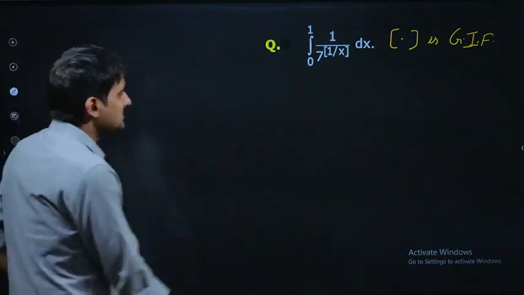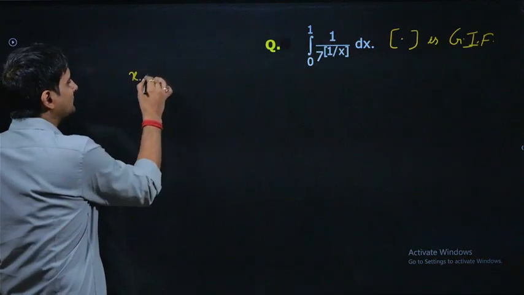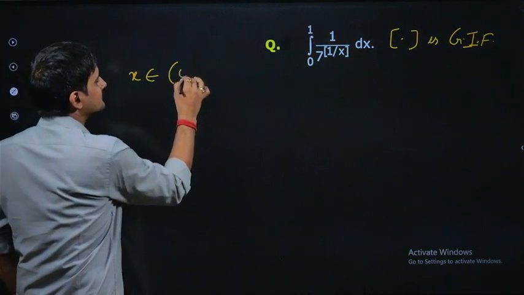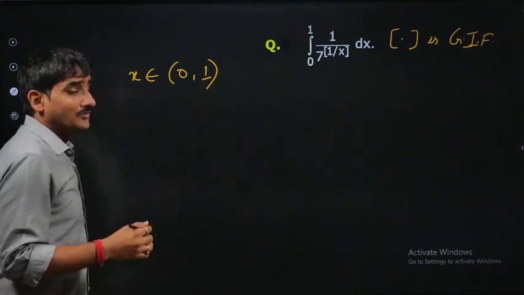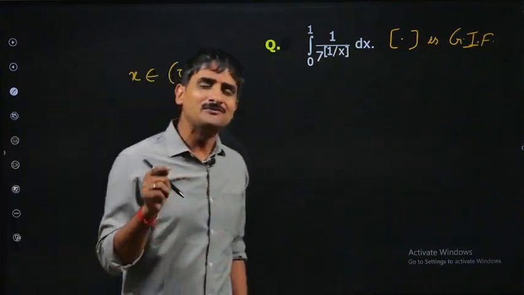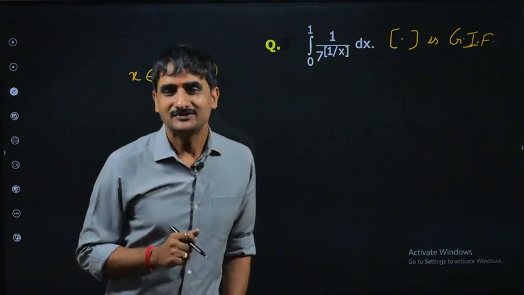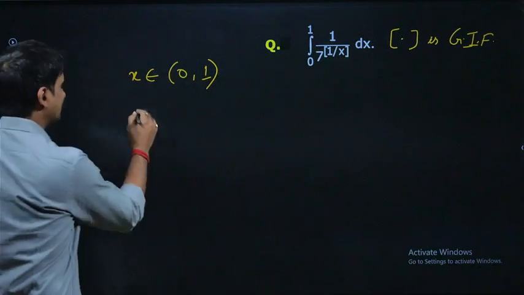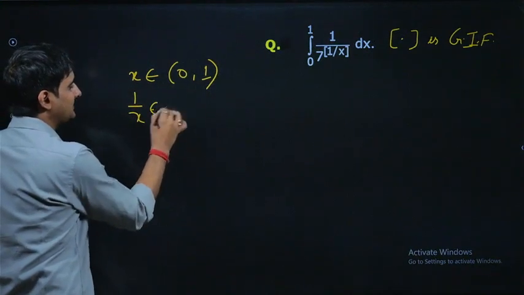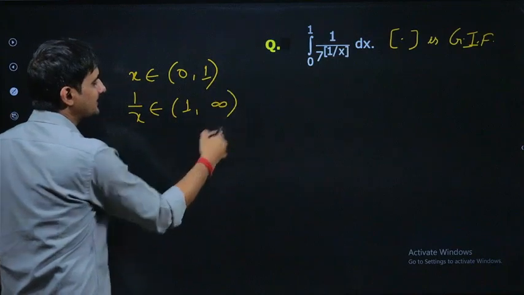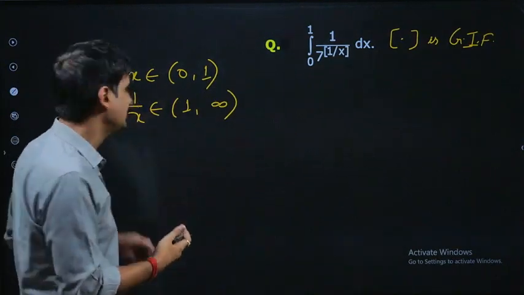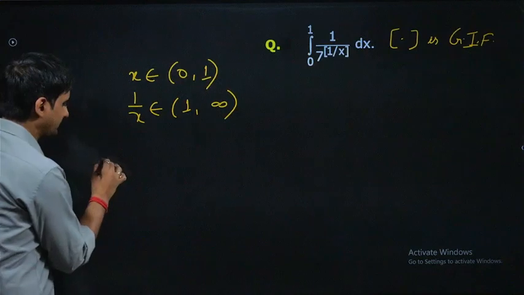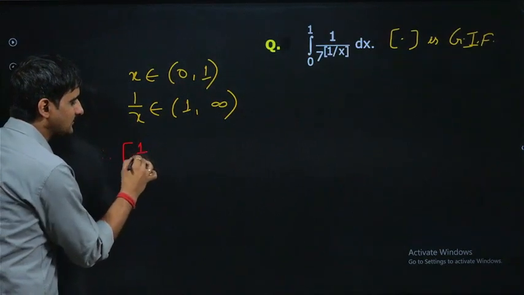Let's start. x belongs to 0 to 1. Now 1 by x will go from 1 to infinity. So there's a huge range. How to start with it? We can say that 1 by x will belong to 1 to infinity. So let's start in that way only. Therefore, greatest integer of 1 by x,